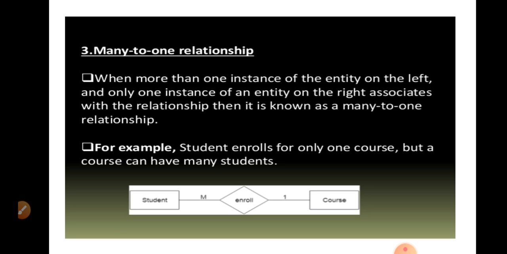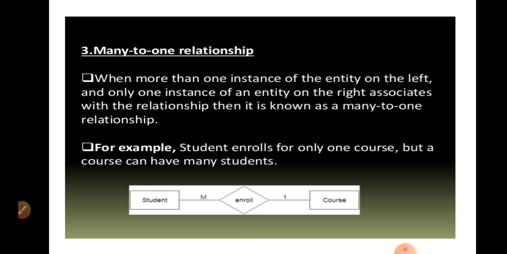There are two entities, student and course. Enroll is the relation. This is a strong relation because it has only one diamond shape. Many students enroll in one course, but one course enrolls many students. On the left hand side, M for many and right hand side 1. This shows the many-to-one relationship.